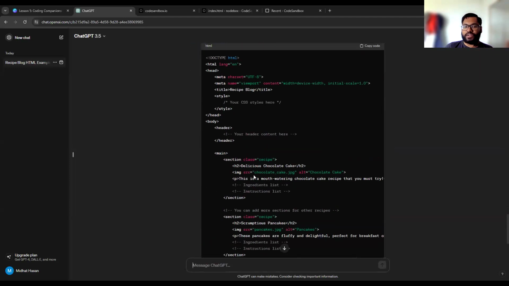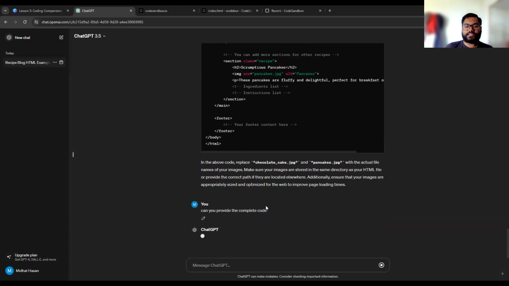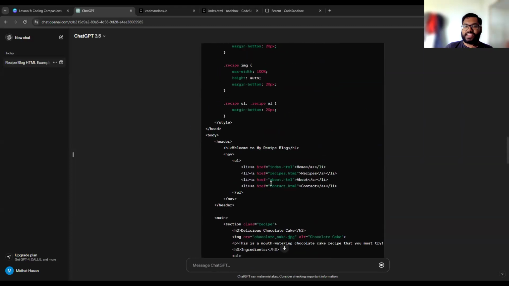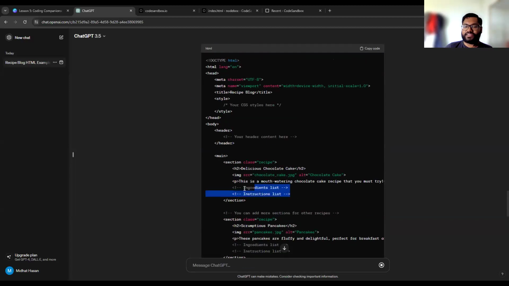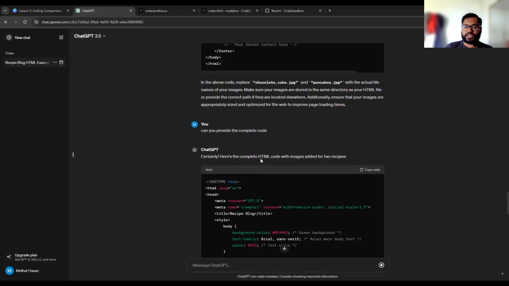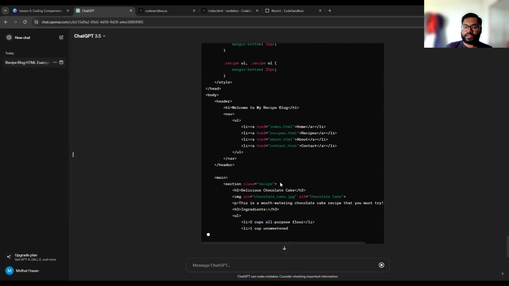So I will reprompt it. Can you provide the complete code? Sometimes you may notice that it's cut some sections out, like here and here. If you're a little bit confused about where stuff goes, you can just ask it to provide the complete code,